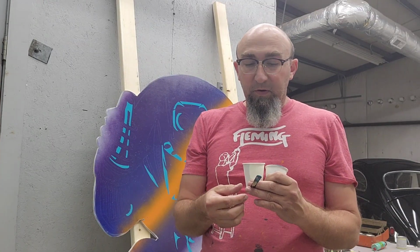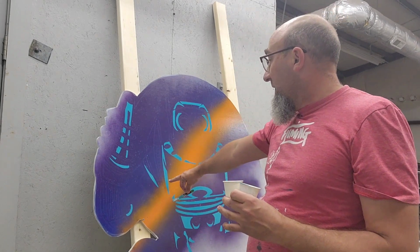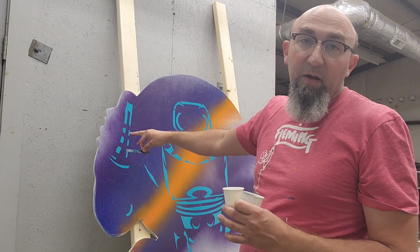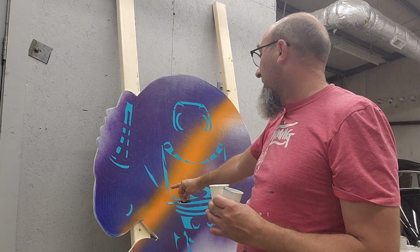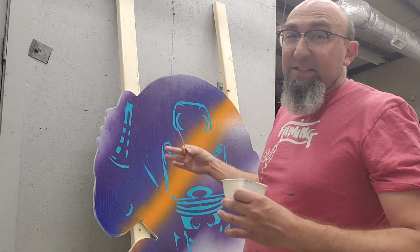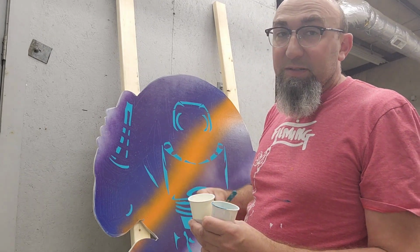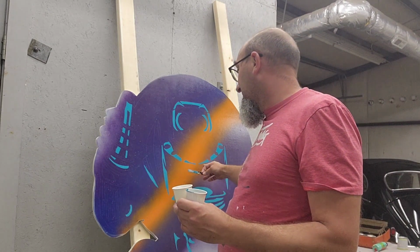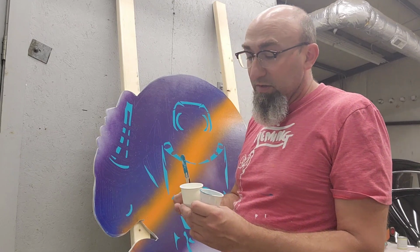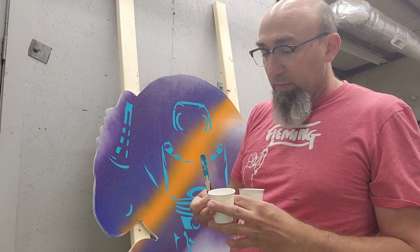All right. Figured real quick I'd show you guys a little bit of what my strategy is on this. So I took teal. I'm using alpha enamel for that. Anyhow, I took the teal and did all the teal part. That's the shadows for the part that I'm doing at the moment. So I started with that because I'm going to lighten that color to make the main part. So rather than mixing up my light part and then coming back and doing the shadows this way, I can